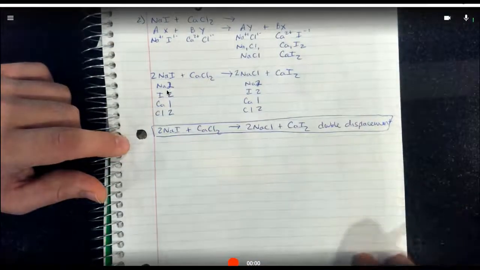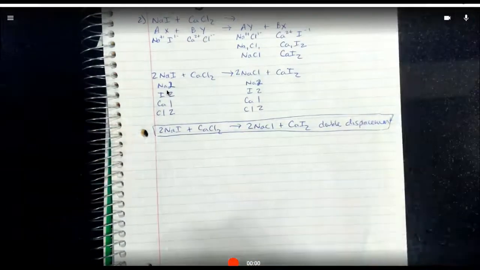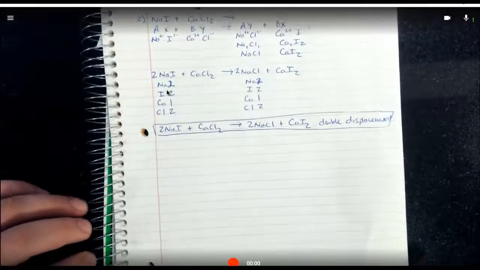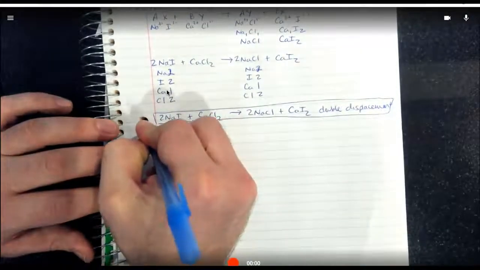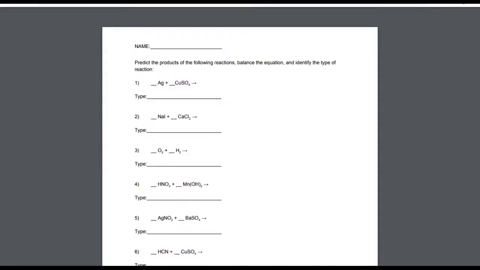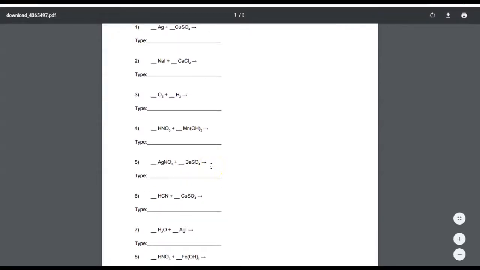So box or circle your answer there. Okay, let's take a look at another one. Let's take a look at number 5. So number 5 on the worksheet, if we scroll down, is